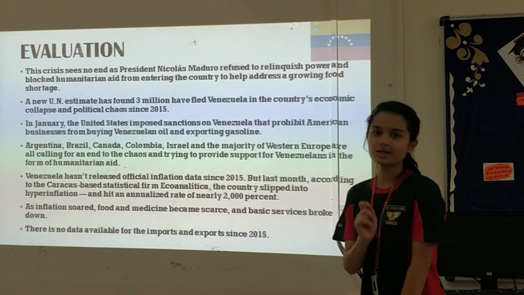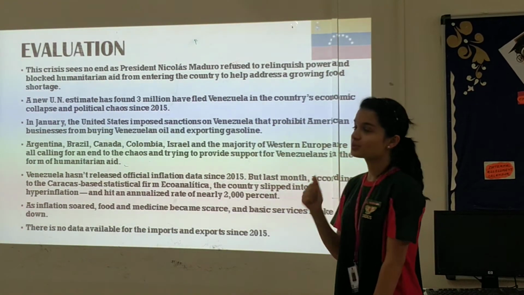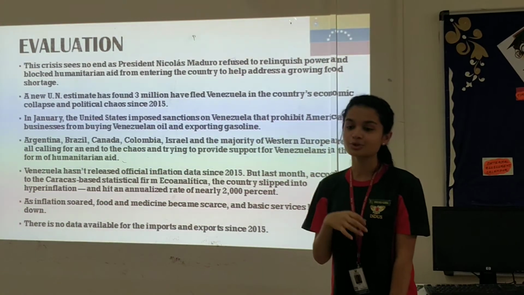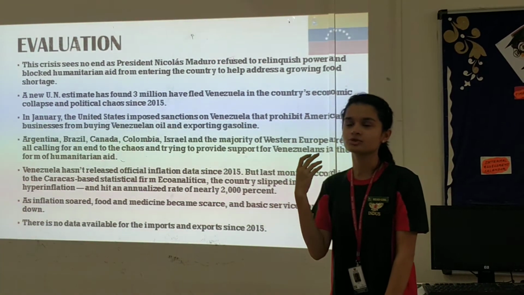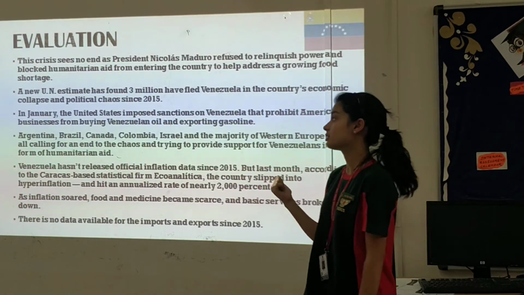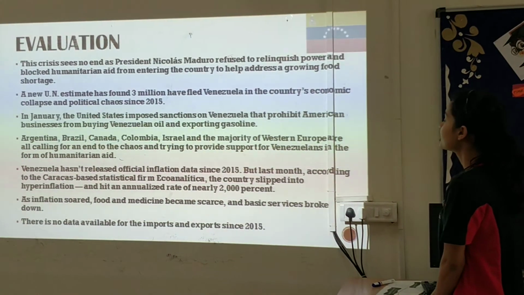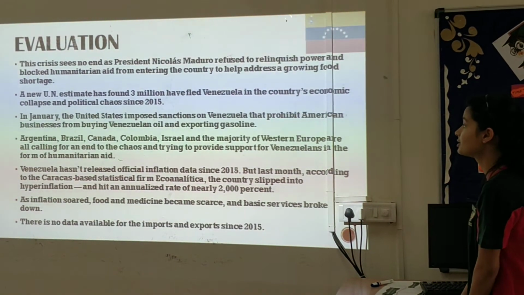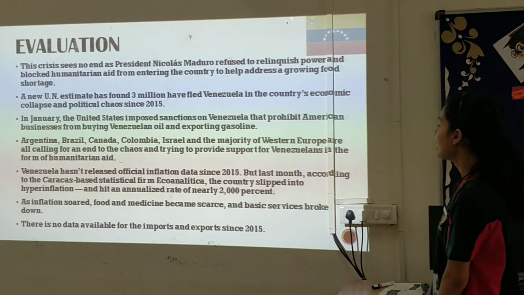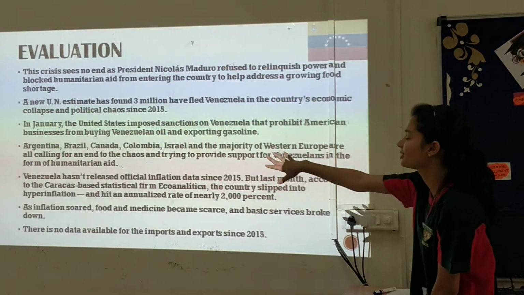Allegedly, I read in a newspaper report that the president has been using the funds that he gained from oil revenues to fund the drug menace and the terrorism that takes place in the Latin American countries. Argentina, Brazil, Canada, Colombia, Israel, and the majority of Western European countries are calling for an end to this chaos and are trying to provide support to Venezuelans in the form of